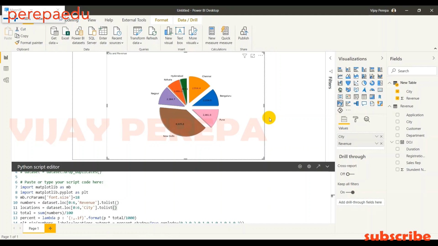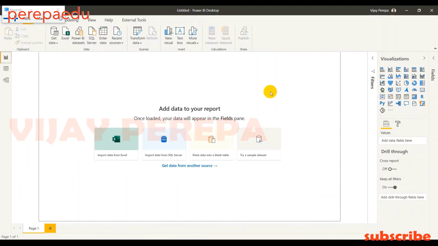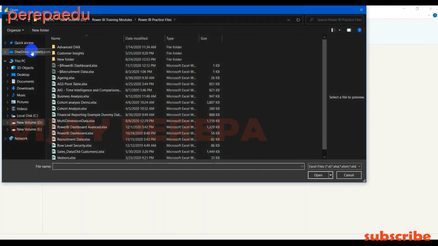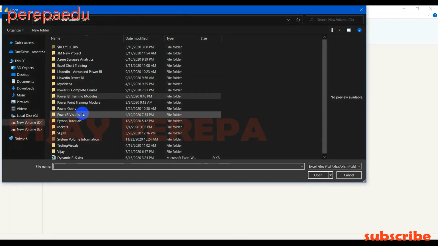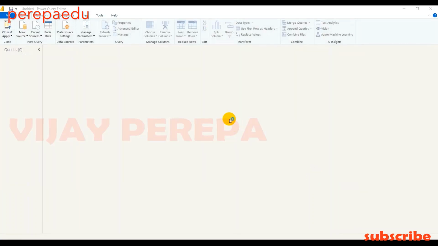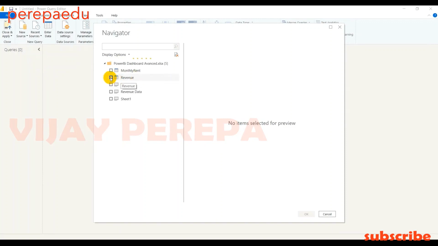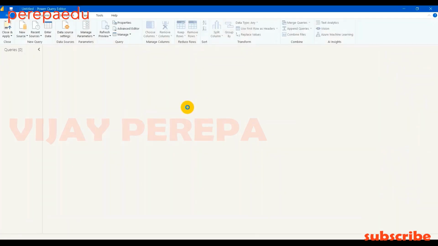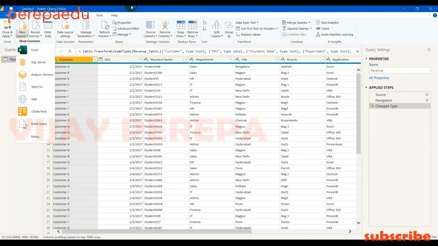To explain from the beginning, let me get into a new Power BI session. There, let me take the data. So transform data, and then in the Power Query Editor, new source, and let me select the required file and let me load it. I'm not going to perform any ETL here. I'm just loading the data. So select only revenue and then OK. And let me load this to the report view, that is Home tab, and then close and apply.